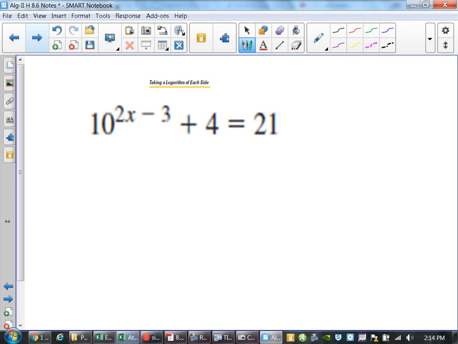Because you want to undo the property, so you can just pull it. Yeah. So if it was like 3 to the x equals 7, you do log base 3. You want to have that same base. Okay. So if I'm looking at this one,